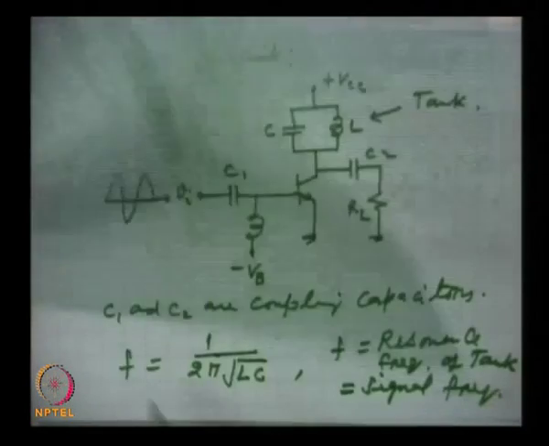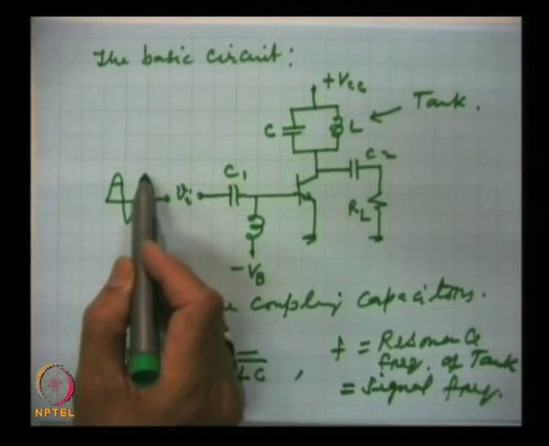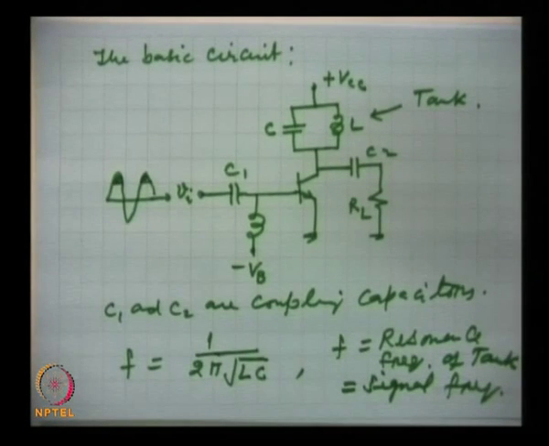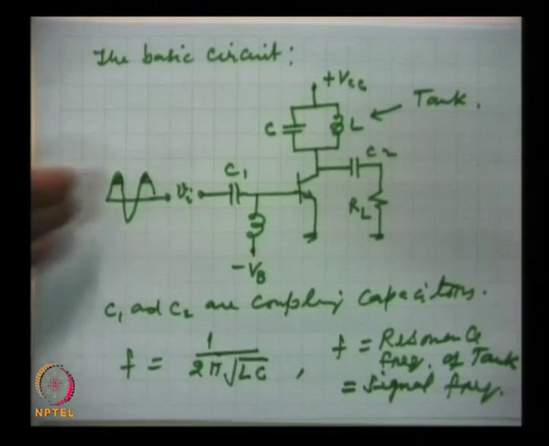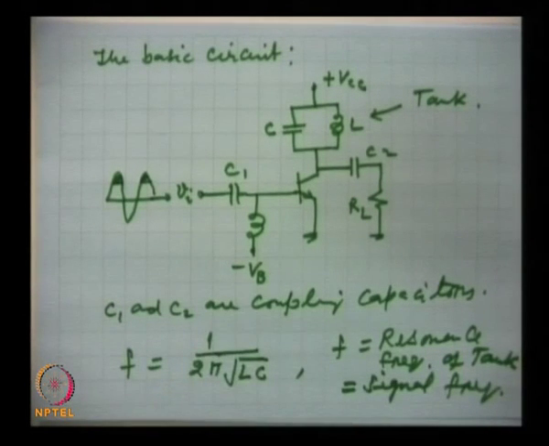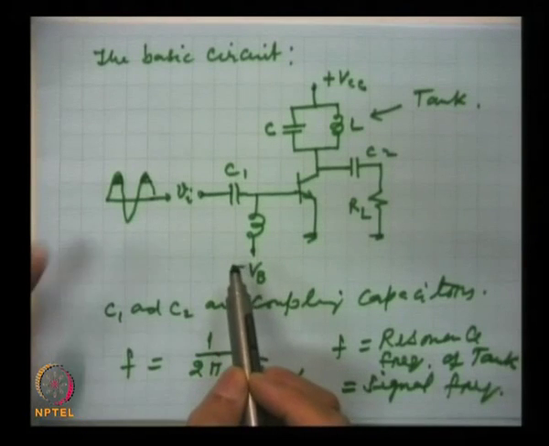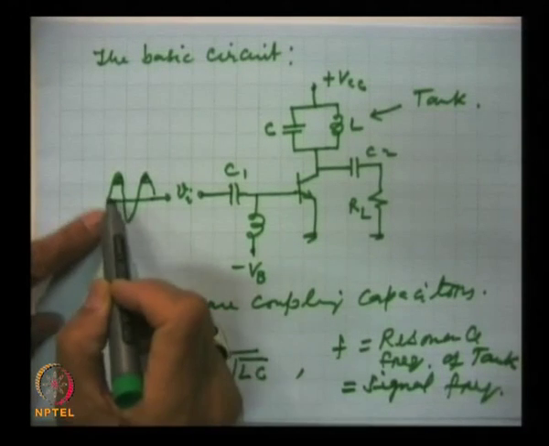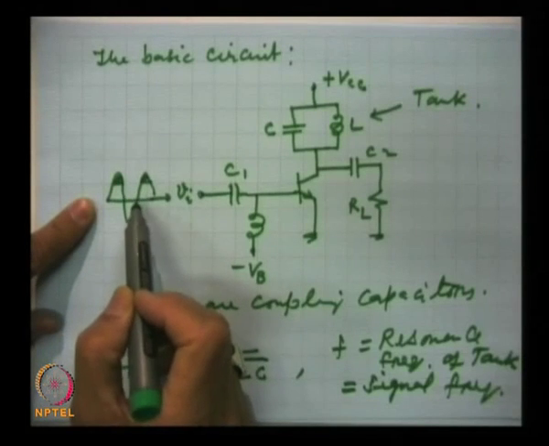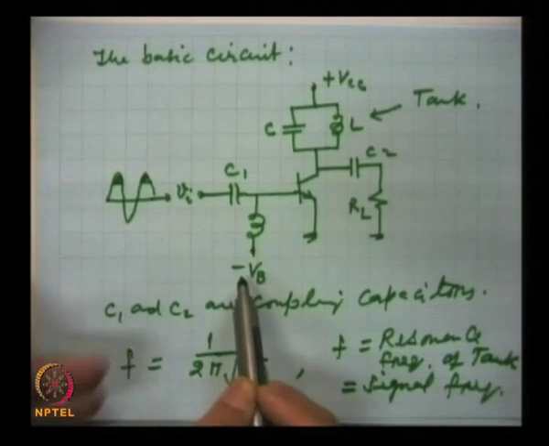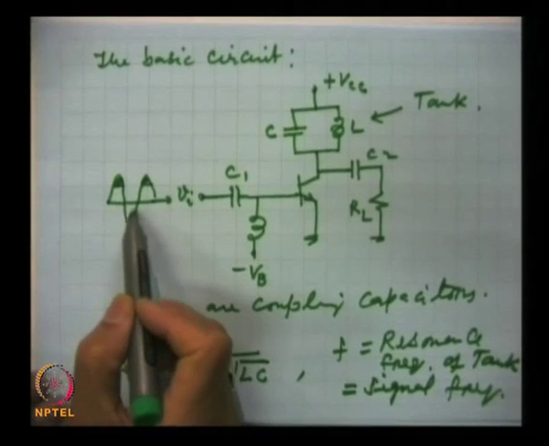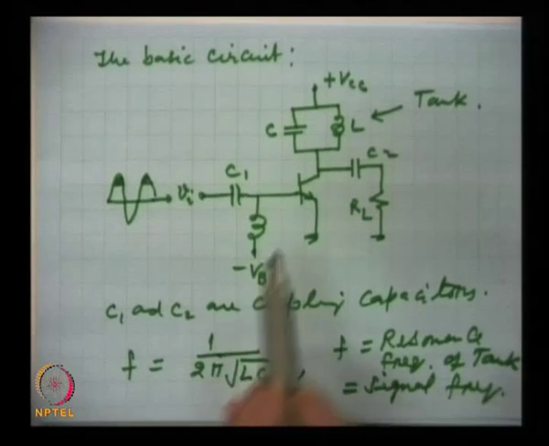only for small portions of the positive part of the input pulse, this circuit will start conducting. You know, the transistor conducts only when it is in the active region, and because of this negative bias, most of this part will be falling within this negative. This negative will be added up, so it becomes more negative, non-conducting.